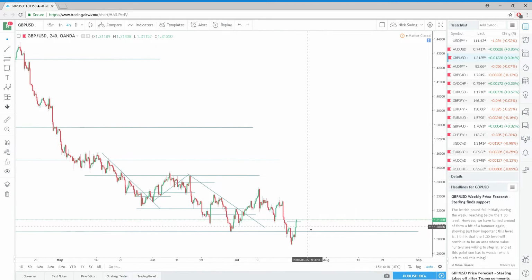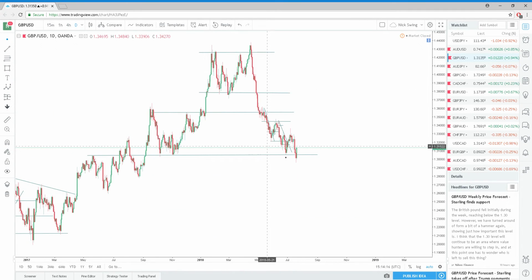Most of the time, but that's why you control risk, okay? So this little move should not have stopped you out if you were trading this based off divergence, because in the higher time frame, it's just a little stop hunt. A move like that shouldn't make you fearful and scared and questioning whether you're going to blow your account. I mean, it was like 50 pips or whatever it was, quite a bit of pips,